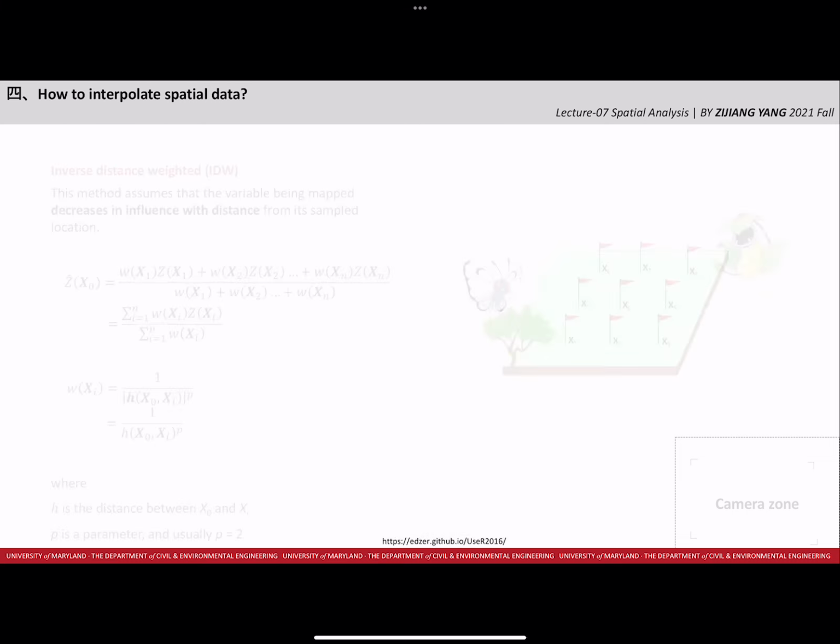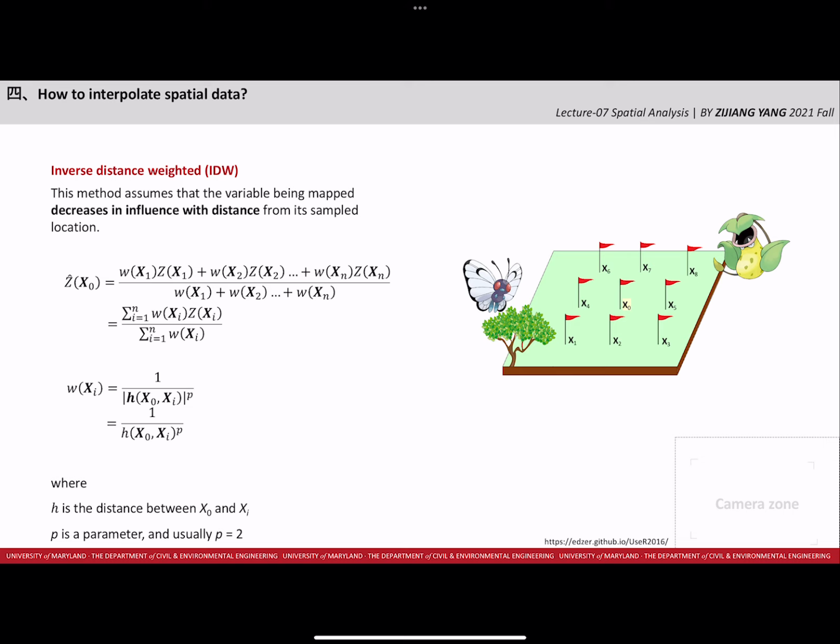And the next one is the inverse distance weighted method. This method assumes that the variable being mapped decreases in influence with distance from its sample location. So it is pretty similar to the idea of spatial correlation. If we are interested in the concentration of this place, it can be calculated from different contributions from other points, and the weight,